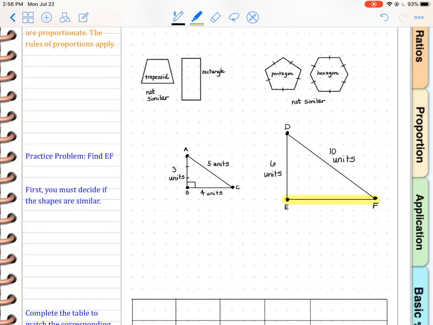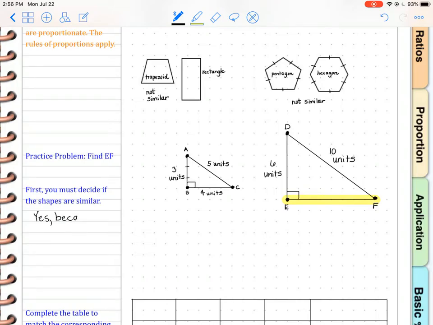And you may already know it. If not, I'm going to show you how. If you do know it, I'm going to show you why. Okay? So this is also a right angle. So it says first you must decide if the shapes are similar. Is this a mama and a baby kind of thing? And yes, they are. The reason